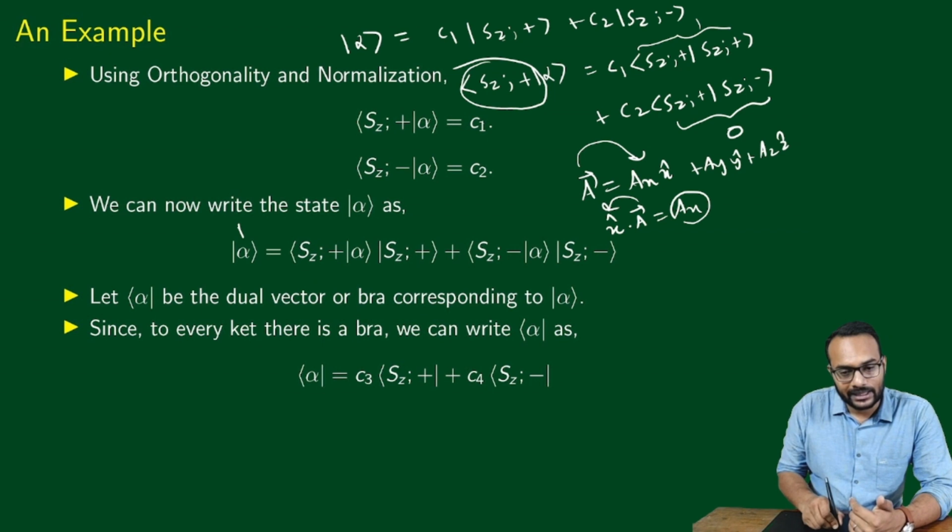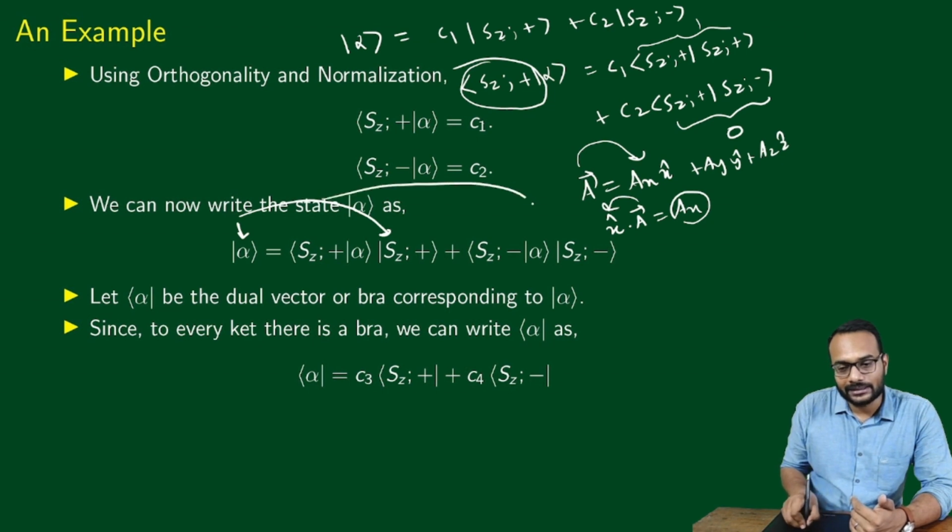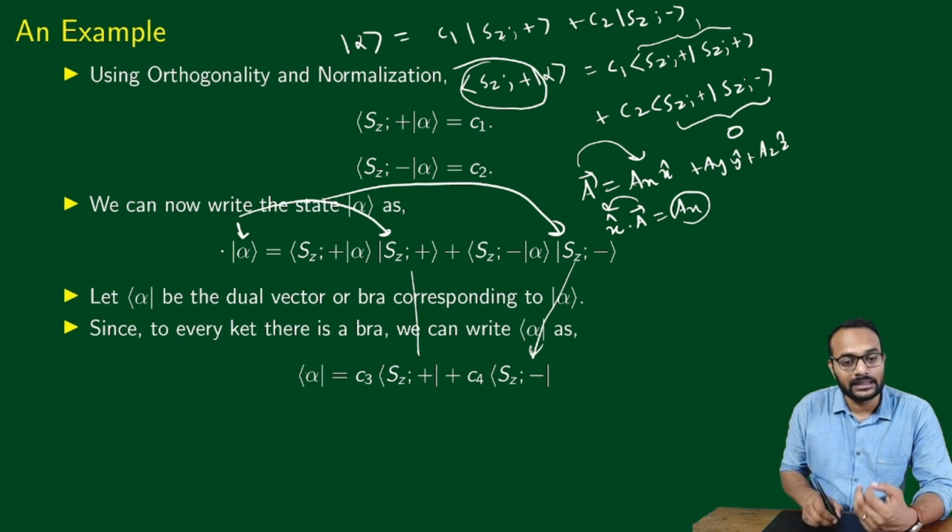We have expanded ket alpha in terms of the eigenkets Sz plus and Sz minus. In the same way, we can write bra alpha in terms of the corresponding eigen bras, because there's a dual correspondence. Corresponding to ket alpha there's bra alpha, corresponding to ket Sz plus there's a bra Sz plus, and corresponding to ket Sz minus there's a